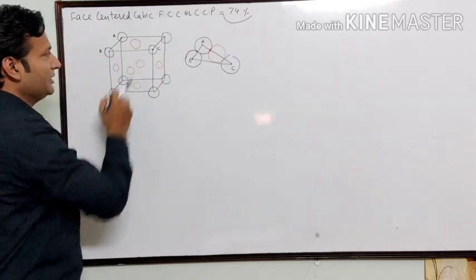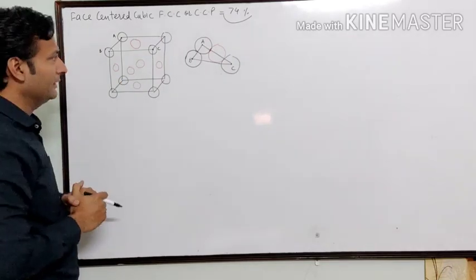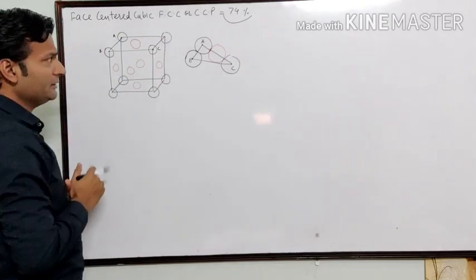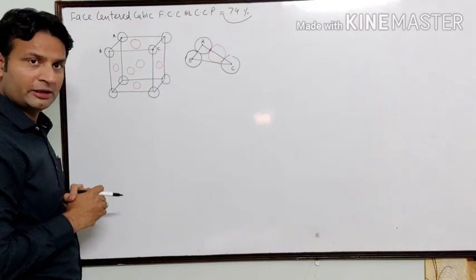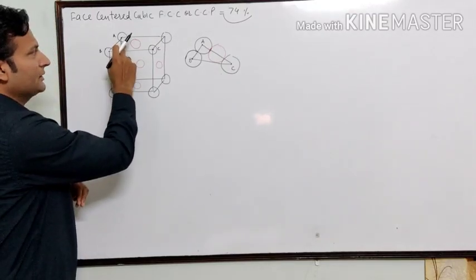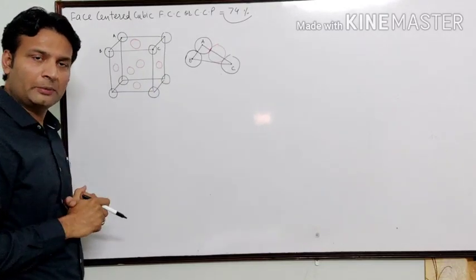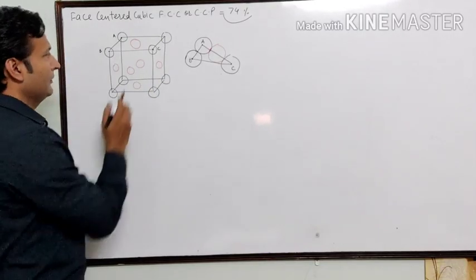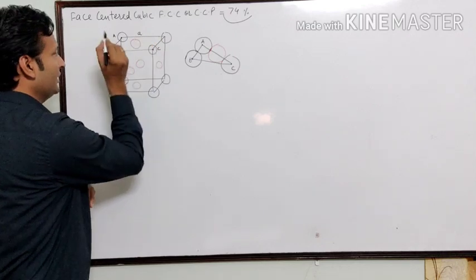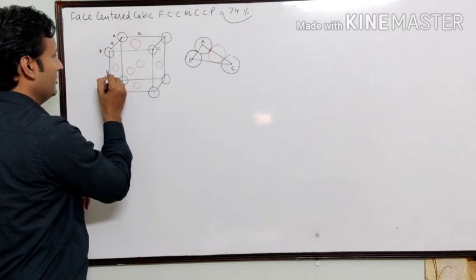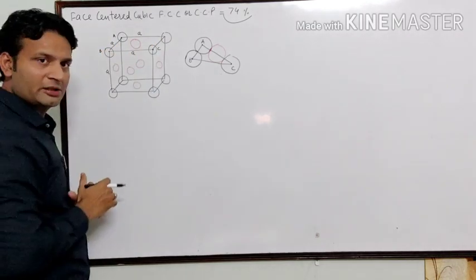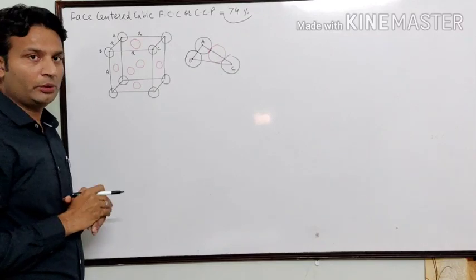मैंने face के particles को लाल कलर से दिखाया है, रेड कलर से. It means इस क्यूबिक स्ट्रक्चर के अंदर आप लोगों को कॉर्नर के साथ साथ फेस को भी इंक्लूड करना पड़ेगा. It means at least you have to include one particle which is present at the face. Again, this is edge length A, this is edge length A, क्योंकि मैंने अभी आपको बताया कि क्यूबिक स्ट्रक्चर के अंदर जो एज लेंथ है वो इक्वल होती है.